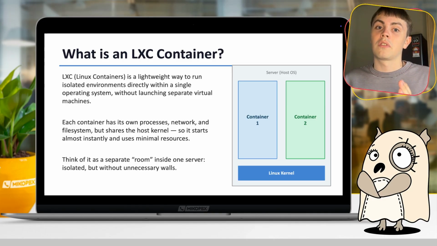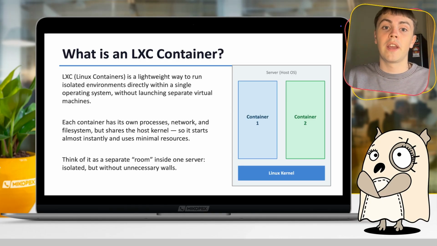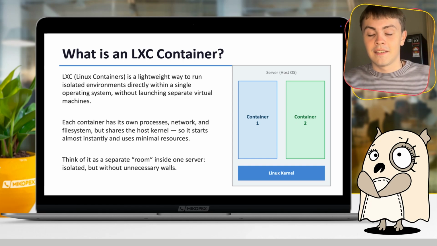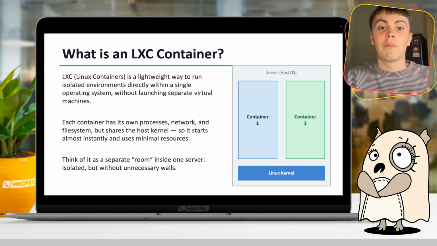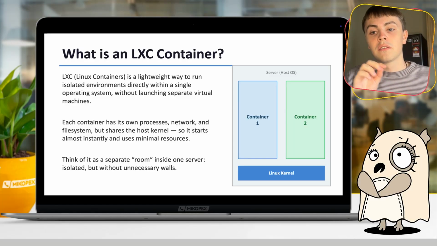Probably it's closer to VMs because it works in the same way, and the only, very huge, difference is that VMs emulate the host kernel, while LXC containers use the host kernel of